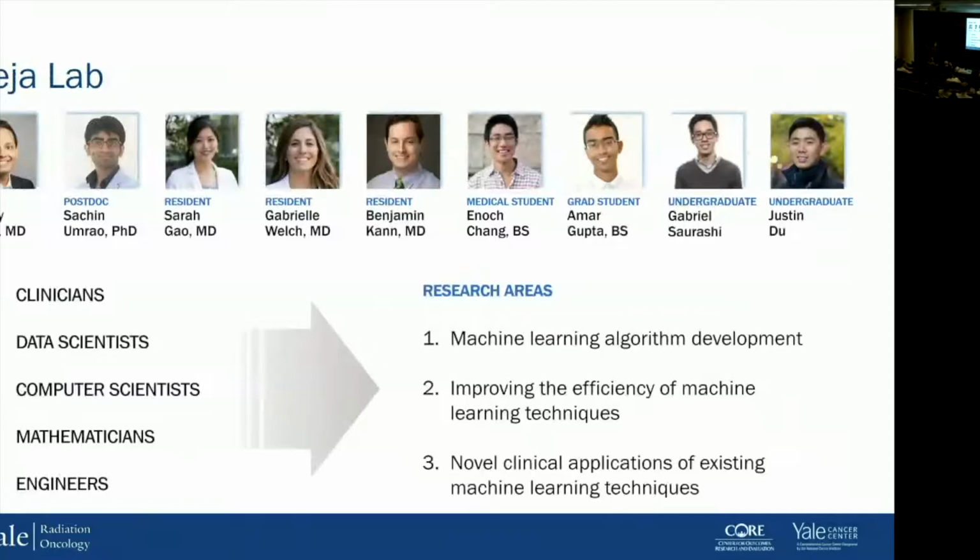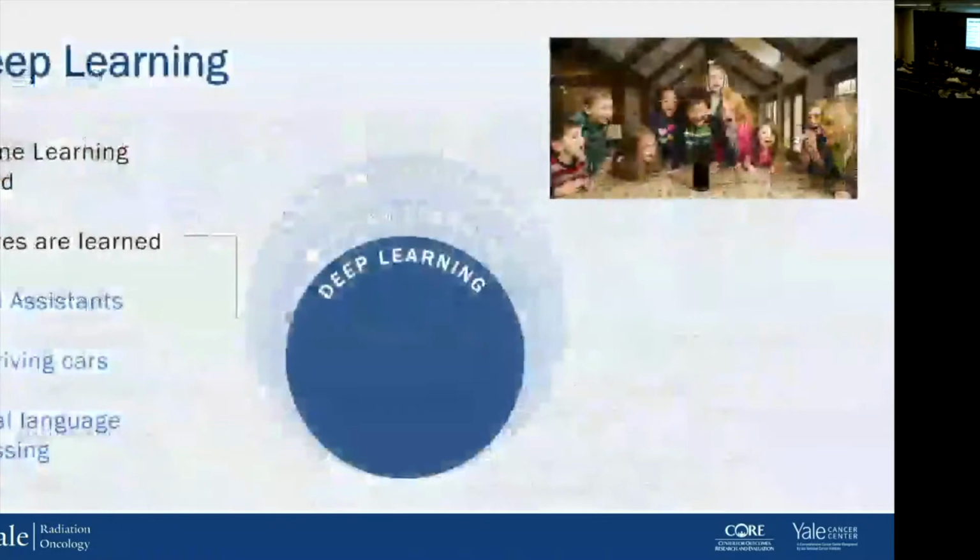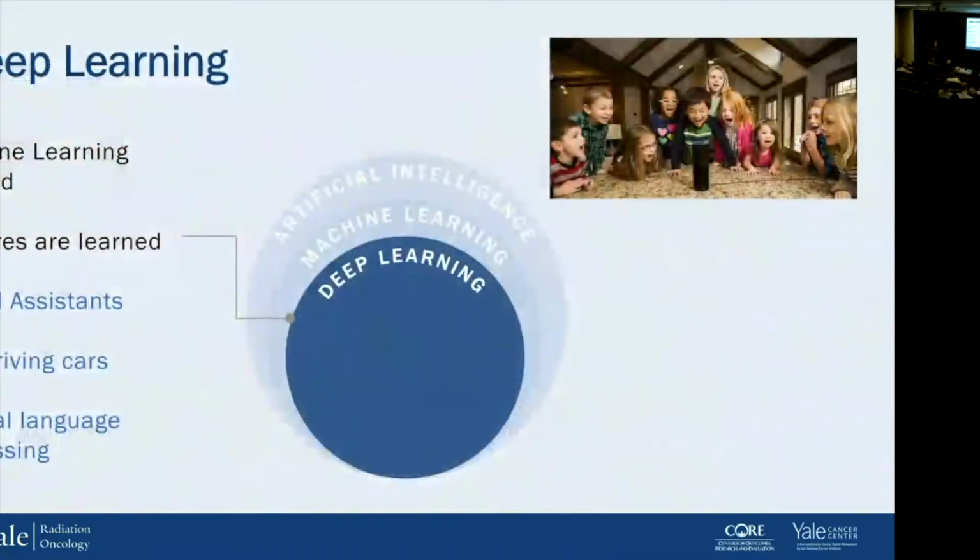And an area that we've been particularly interested in, which is the most emerging area within machine learning, is deep learning. Before I go into the work that we've done with respect to non-small cell lung cancer, I'll give a little bit of a framework for our discussion, because I think these words are oftentimes thrown around and very frequently used as equivalent, but they're actually somewhat different. Deep learning is really just a subset of machine learning. It's a method of machine learning.